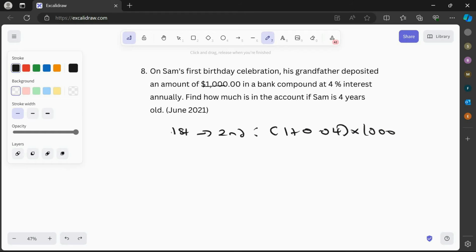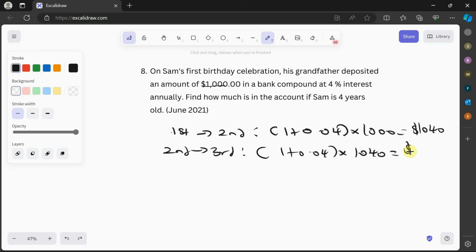Let's see what that will give us. That's 1.04 times 1,000. So that means that the money has grown to $1,040. Then from the second birthday to the third birthday, that will be 1 plus 0.04 times, because it's compound interest, we're also including the interest that has been accrued over time. So that will be times $1,040 in this case. By its third birthday, the money has grown to